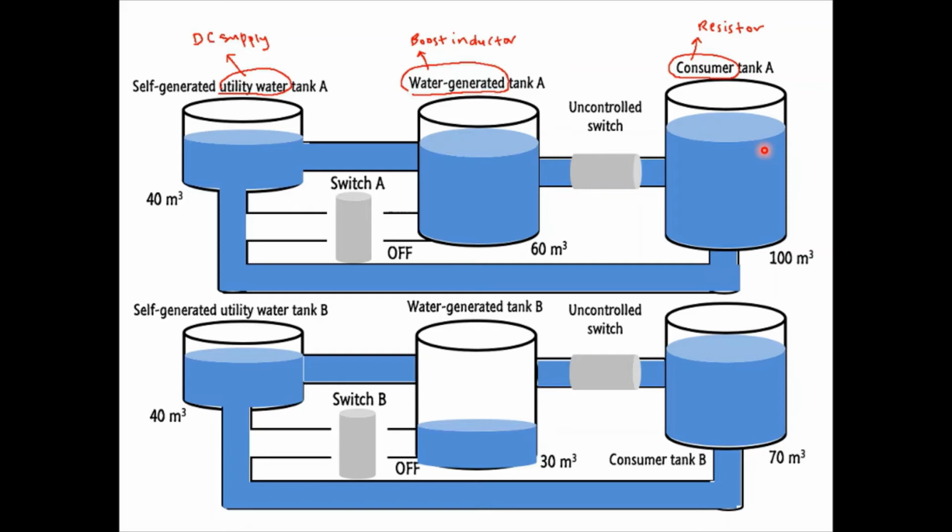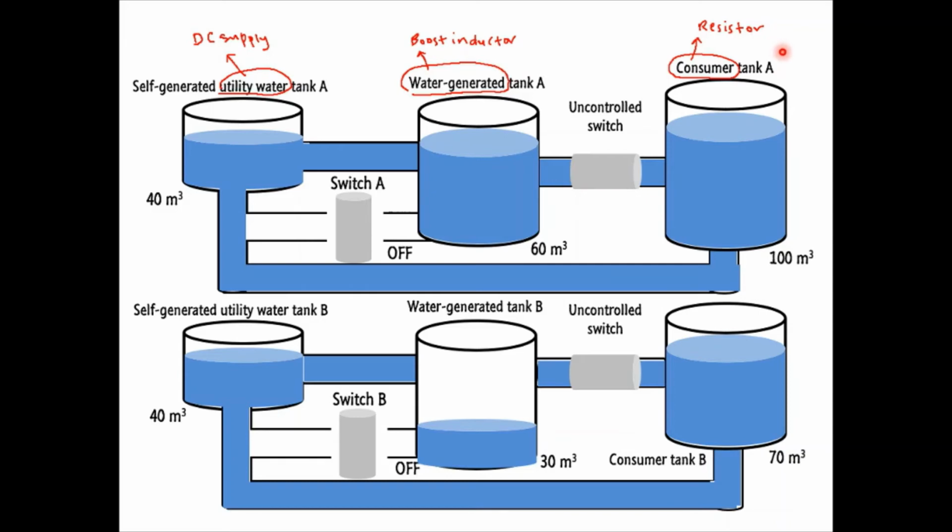At this moment, there is a direct water flow between the utility, water generated, and consumer tanks. Thus, in the DC converter circuit, the connection between the DC supply, boost inductor, and resistor is established when the